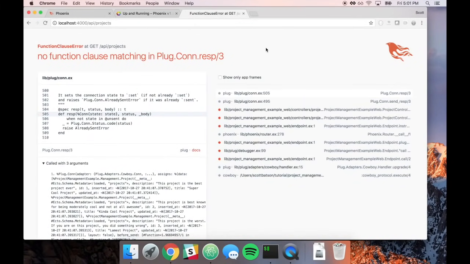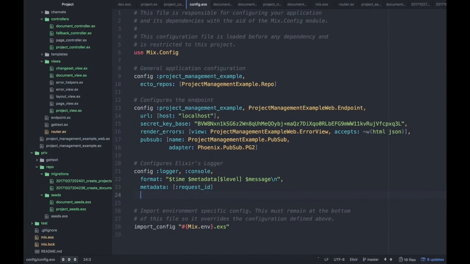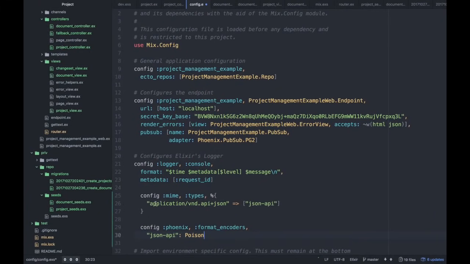No clause matching in plug con response 3. Okay, so I'm going to kill the server, and I forgot that I had done this on another project. It expects us to update the MIME type for a JSON API. So go to your